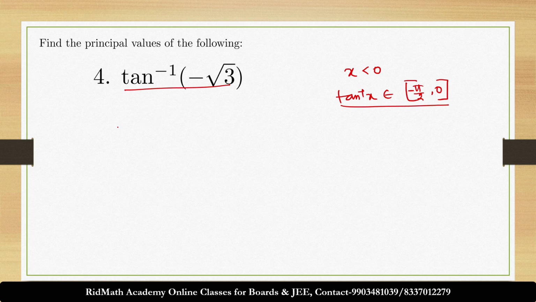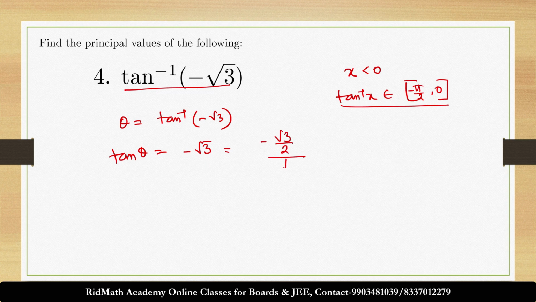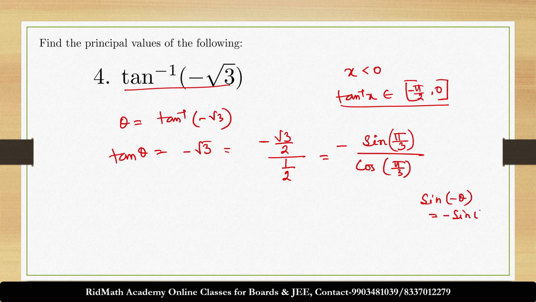Let theta equal tan inverse minus root 3, that means tan theta equals minus root 3, and this is minus root 3 by 2 by half, that means this is minus sine pi by 3 by cos pi by 3, and we know that sine minus theta equals minus sine theta,